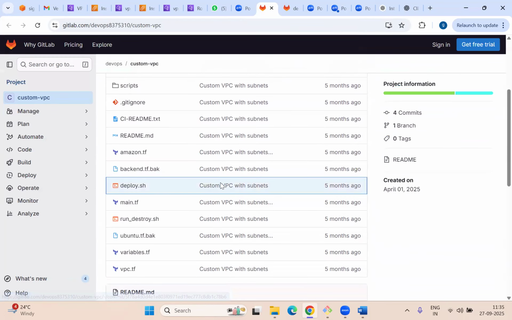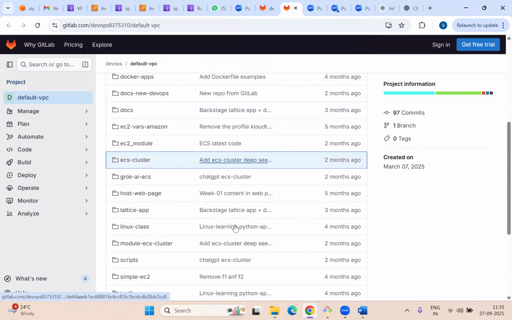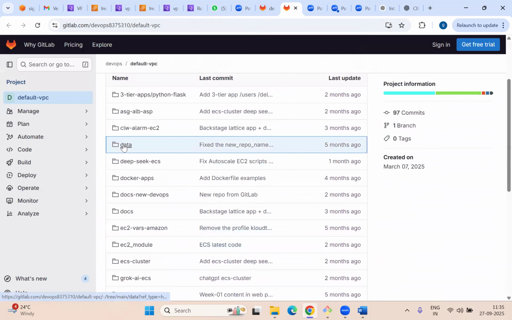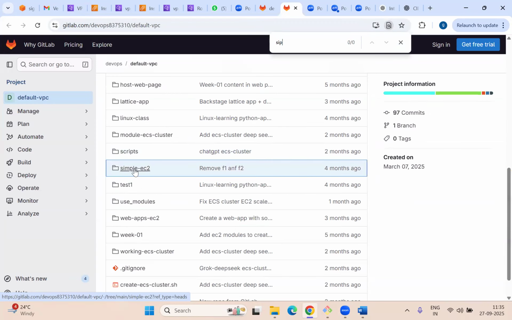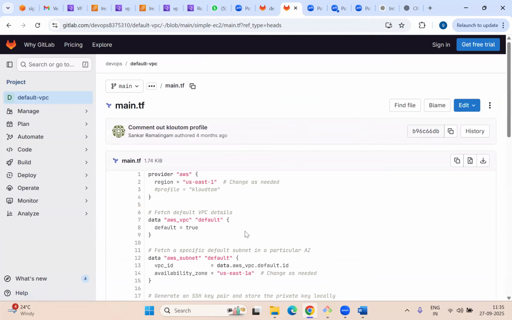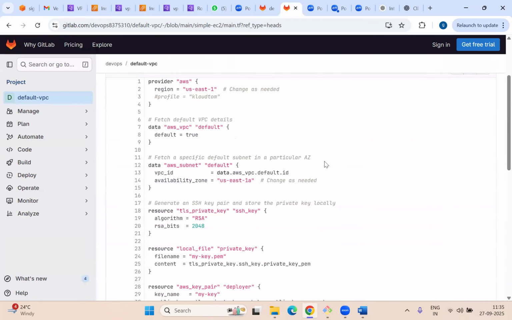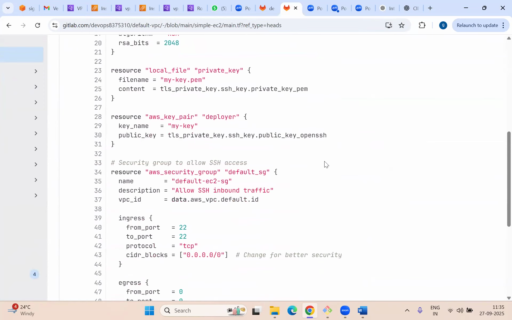It's a custom VPC, right? Go to default VPC. Okay. Go to main.tf. Sorry, simple EC2 and then main.tf. You can probably zoom a little so that you understand where exactly you're looking at. That's fine. Okay, on line number 18,